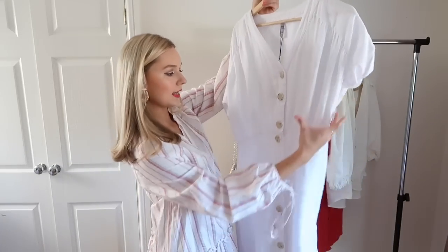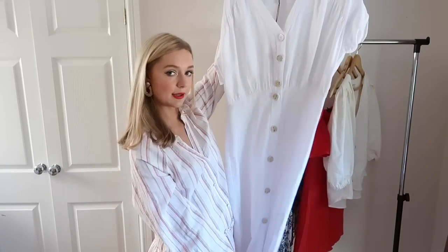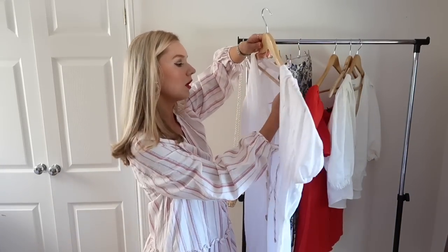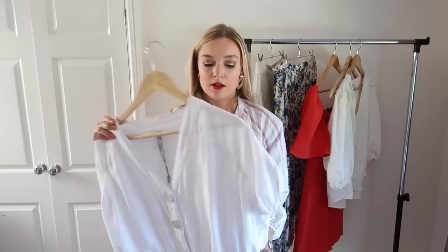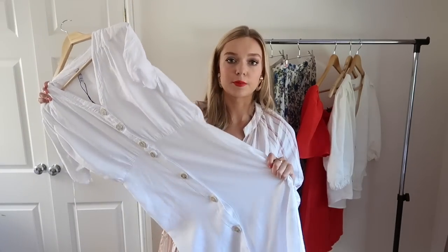But so it kind of is a bit floaty on top and then quite skimming here. I think I got a small? Yeah, I got a small, but in Zara I often go for mediums because I think things look better a bit looser. This was a small because I thought it was wider at the bottom. I mean, it still fits and it still looks nice in skimming and figure hugging,